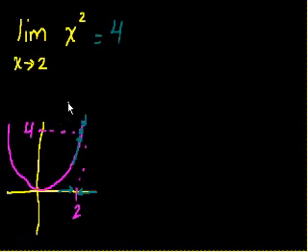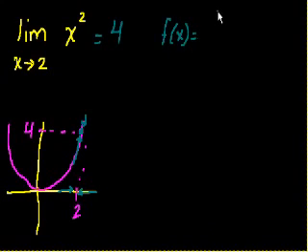So you're probably saying, Sal, this seems like a useless concept because I could have just stuck 2 in there, and I know that if this is f of x, and f of x is equal to x squared, then f of 2 is equal to 4, and that would have been a no-brainer. Well, let me give you one wrinkle on that, and hopefully now you'll start to see what the use of a limit is. Let me say f of x